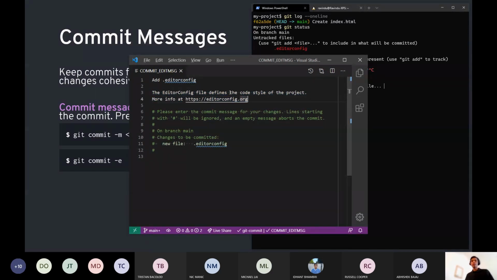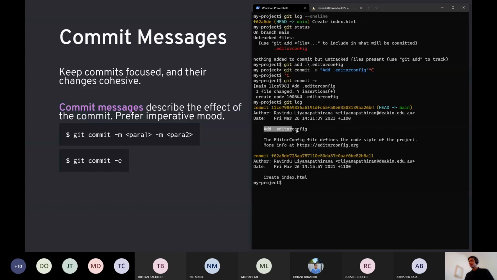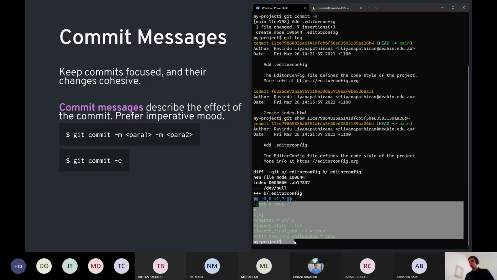You don't have to elaborate on every commit that you do, but it sometimes helps, particularly if your commits are pretty advanced or big. So once you close your editor, you'll notice that it actually commits. And if you view the git log again, you'll notice that the commit's there. Once again, you could do git show and then the hash of your commit to actually see the changes that were made.